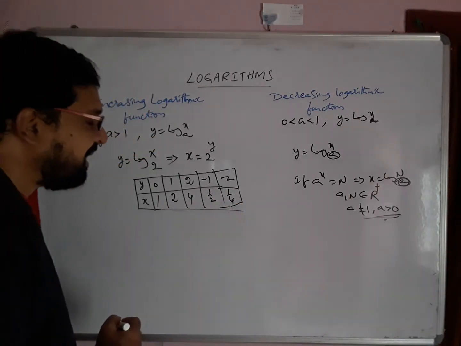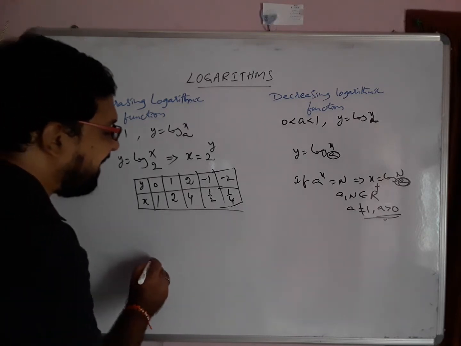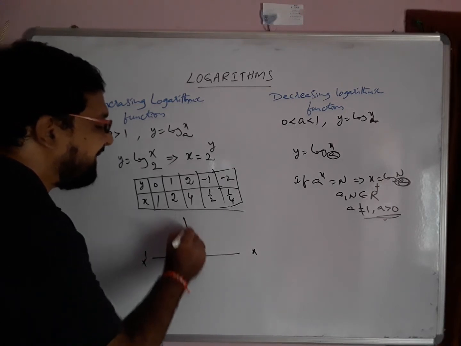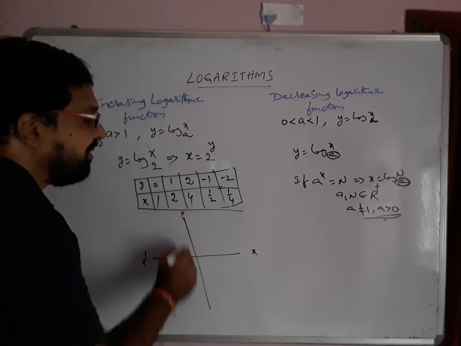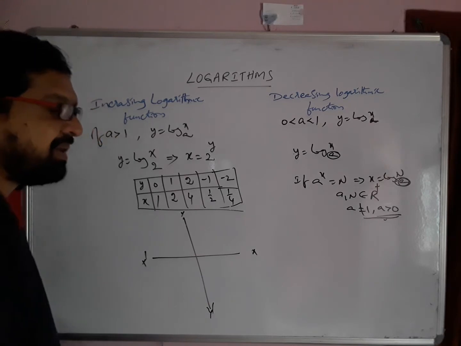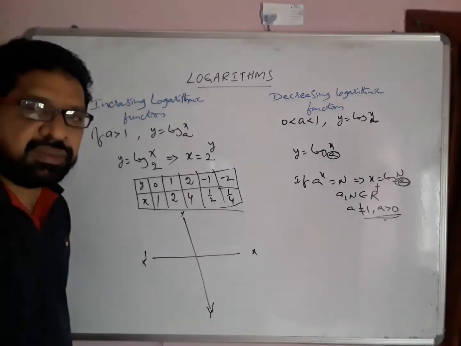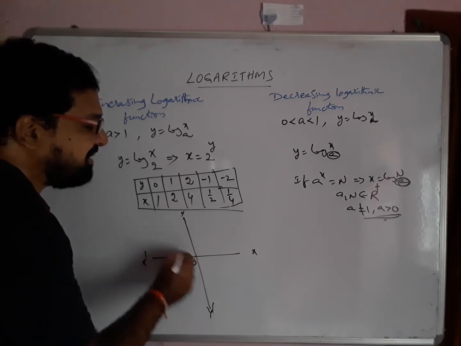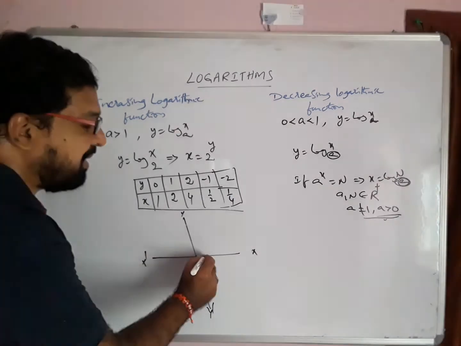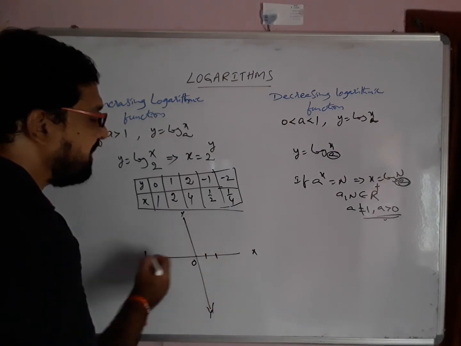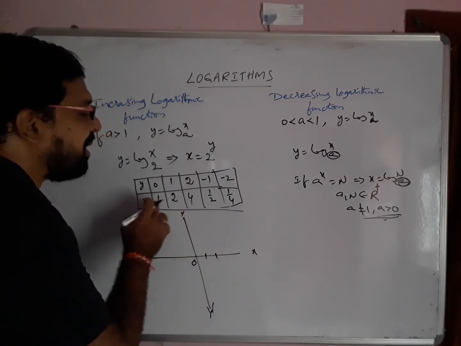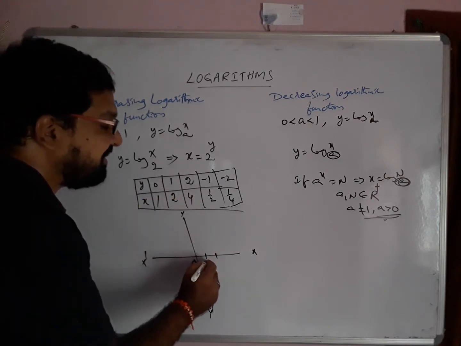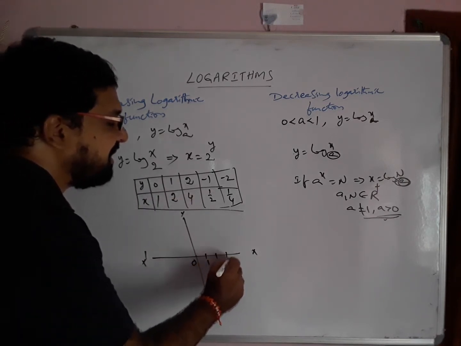Now by these ordered pairs we are going to plot the graph. The horizontal line is called the x-axis. This will be x, this will be x dash. And the vertical line is called the y-axis. This will be y, this will be y dash. The x dash and y dash indicate negative directions, while x and y are both positive. The point of intersection of the two axes is called the origin. Here we take the x coordinates on the x-axis, that is 1, 2, 4 like that. So this is 1, this is 2, this is 3, this is 4.